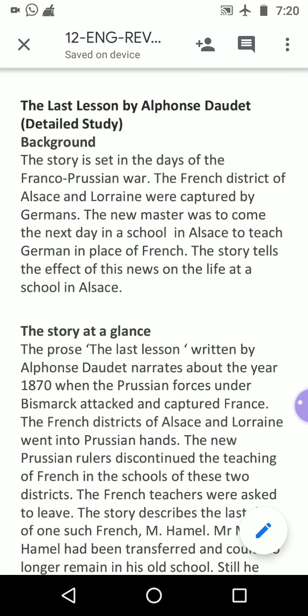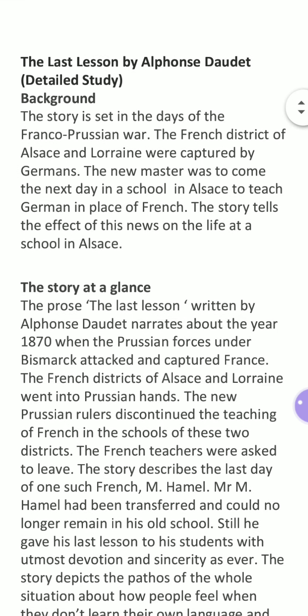So the point is the background of the story is set in the days of the Franco-Prussian War, okay. So the French districts of Alsace and Lorraine were captured by Germans, France and Germany. So France was defeated by Germans, okay, and the new master was to come the next day in a school in Alsace to teach German in